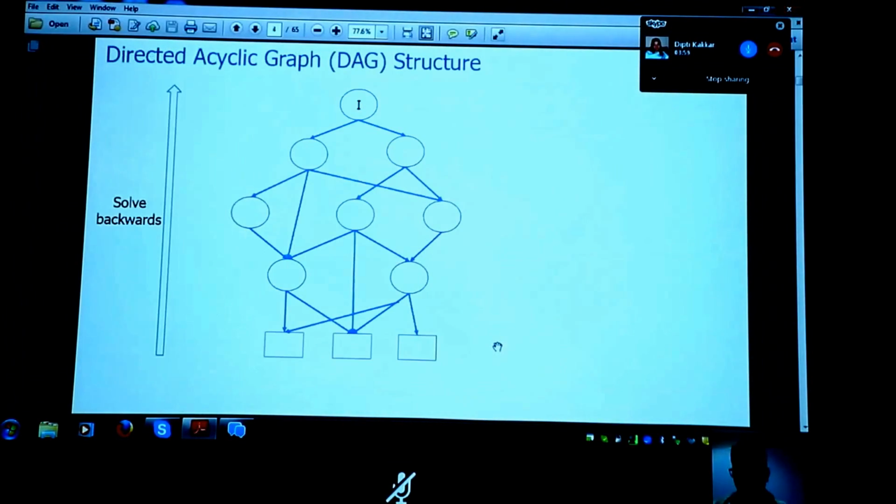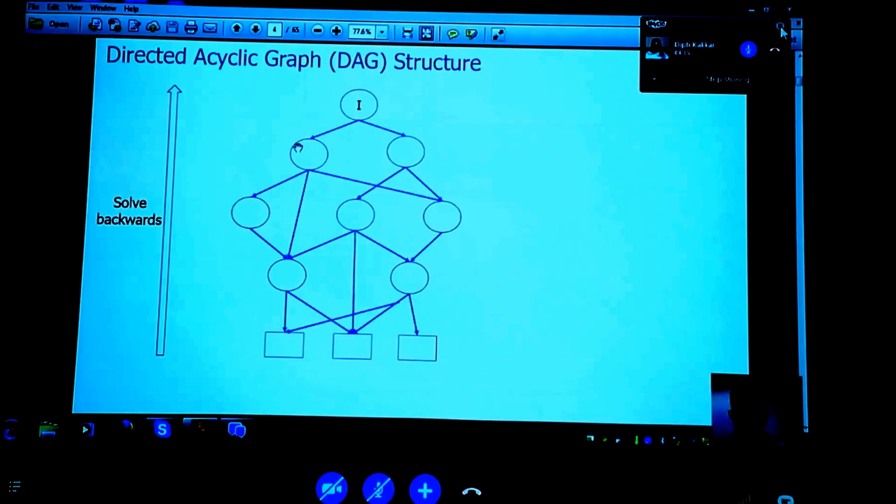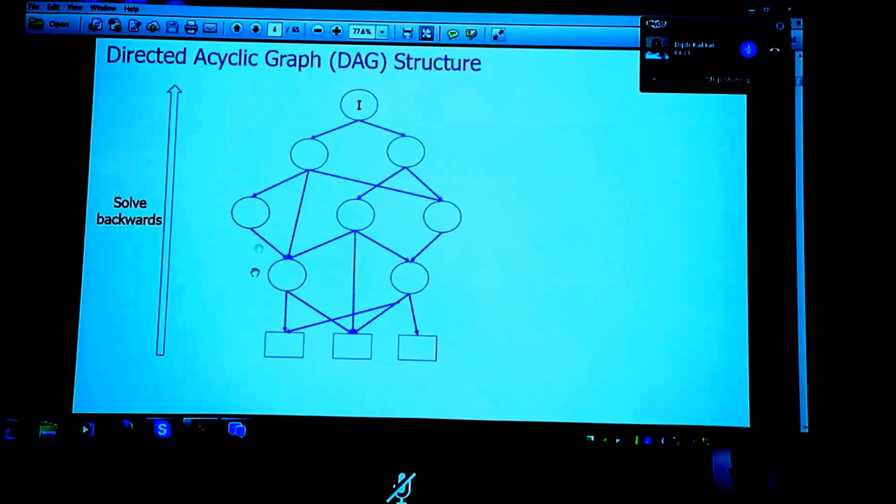Before going there, this is how it will look finally. You start off with your I and then you derive some problems. In general, this is how it will look. Now each of these subproblems gives rise to something, but maybe there is some reuse. Like this subproblem derived from here and the one derived from here are just the same. So we can see that it will give rise to a graph, a directed graph.